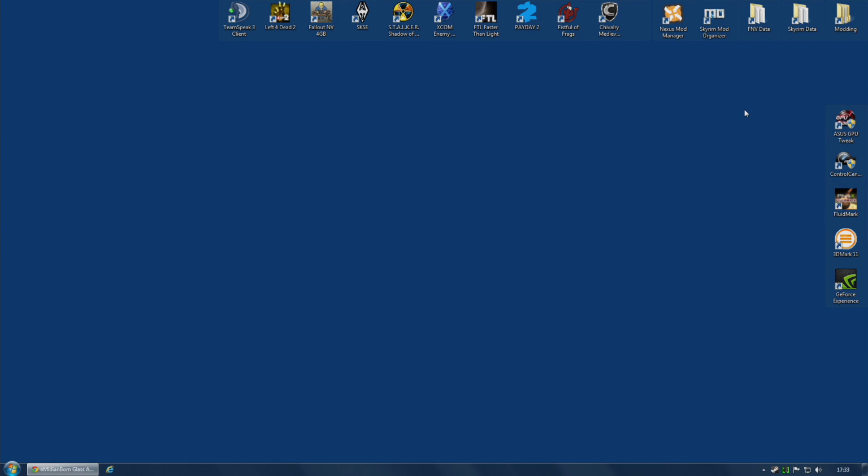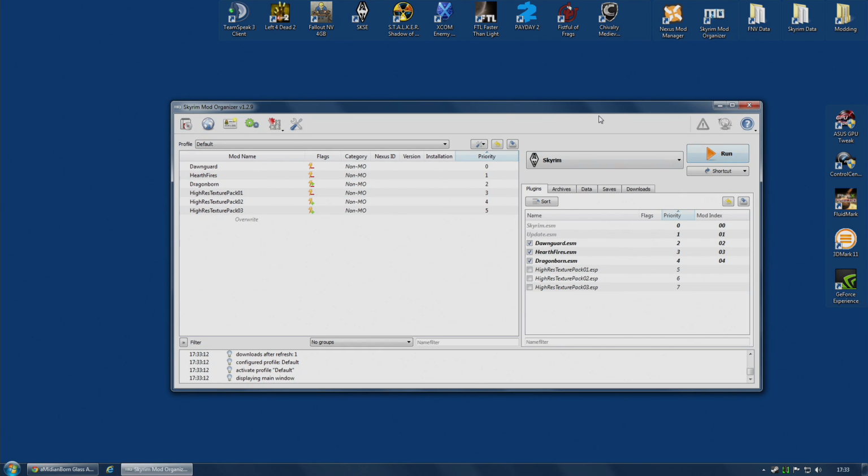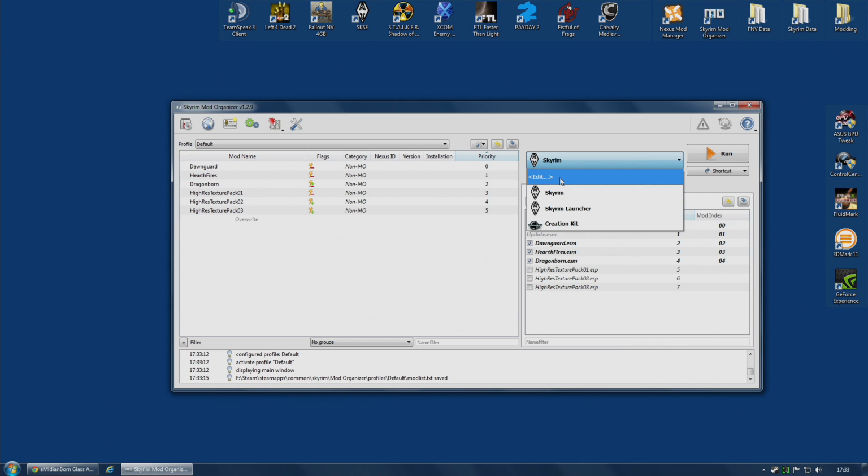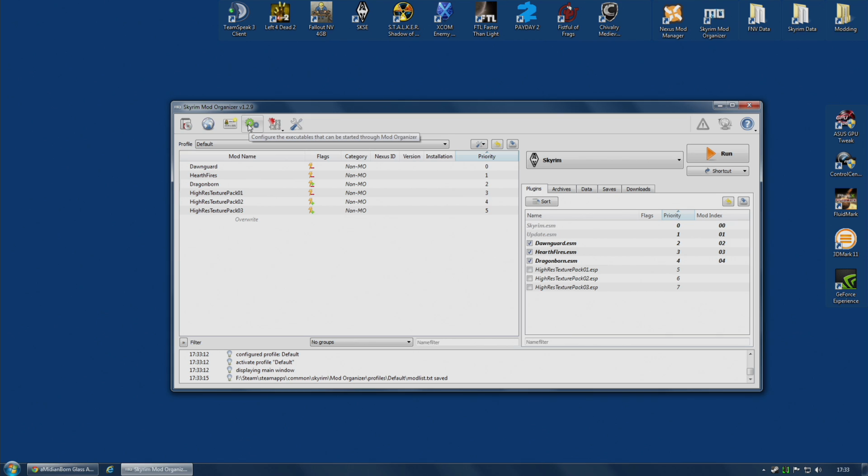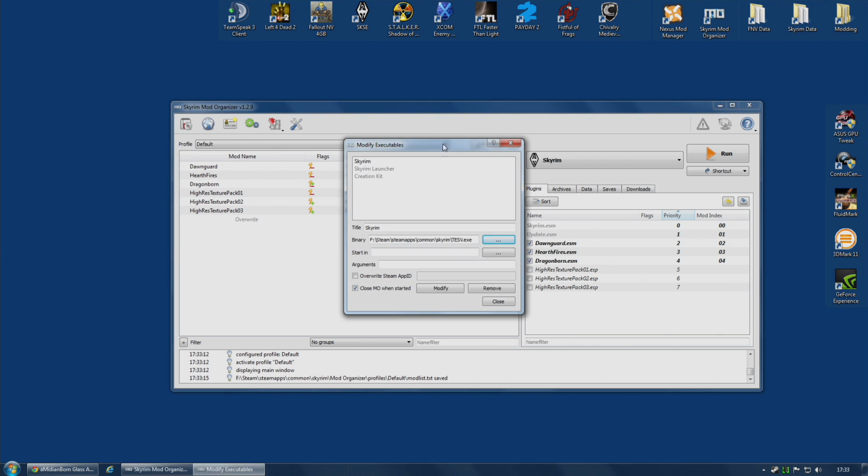When you get back to your desktop, you will probably find Skyrim Mod Organizer has closed. That is the default behavior when running Skyrim. I don't actually want it to do that because I will be playing around, going into Skyrim and checking out my mods quite a lot, and I want to come back and find Mod Organizer still here. You can do that fairly simply by either selecting Edit on this drop-down menu, or selecting this button on the toolbar. It has the same effect. It opens up the Modify